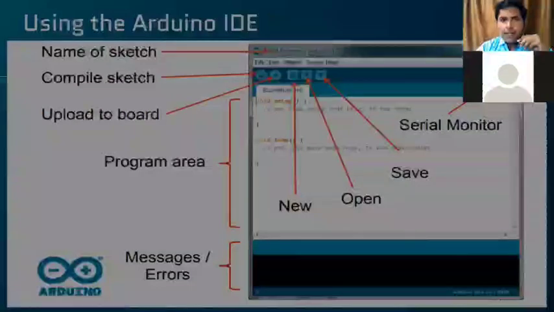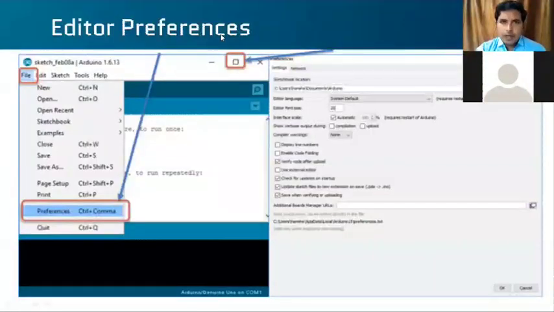Okay, and next one, in the Arduino, you have to click the File option, the first one. In File, again, if you want to write a new program, you can click New. If you want to open an already written program, you can open.